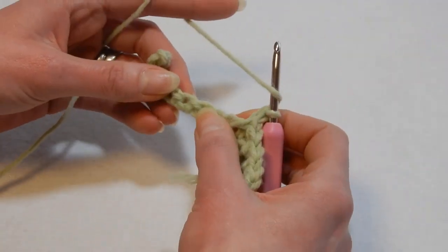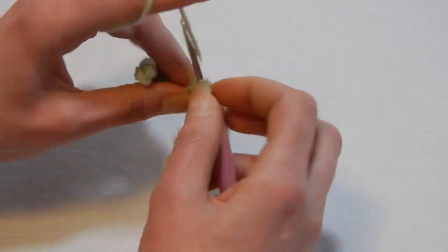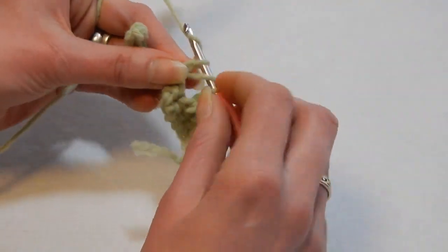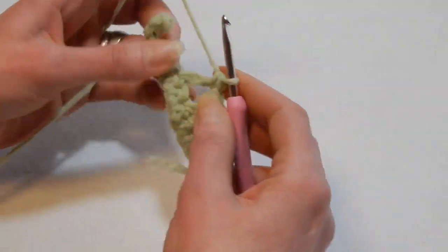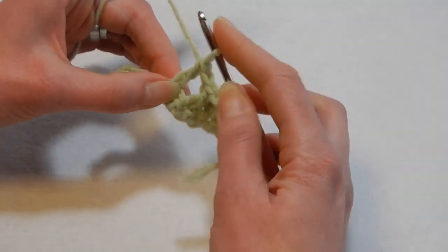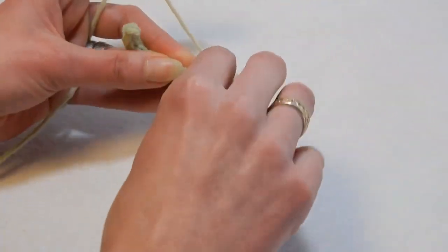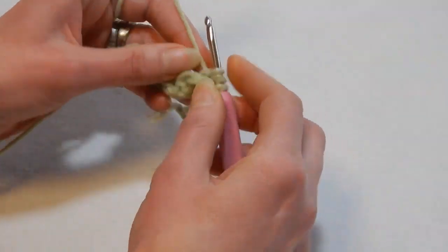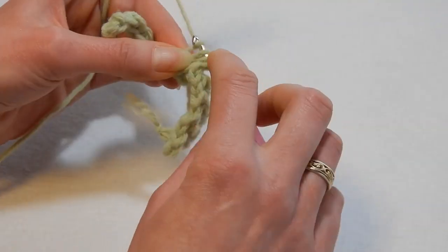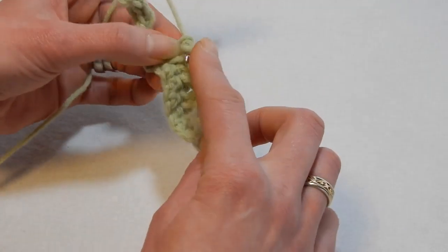yarn over the hook, skip the next stitch, and in the next stitch we're gonna do the same. First extended double crochet, and then we're gonna go back into this stitch here from the back, and you do the extended double crochet,